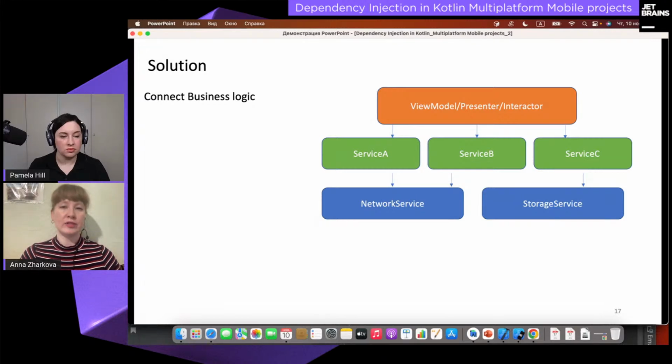And intermediators should exist not in only one instance but in multiple, because each should be created every time we return to our screen or create our screen. So for view model, presenter, interactor, there should be multiple instances, and for services there should be only one instance at the moment. And of course, because we share the network service and storage service, they also have to be